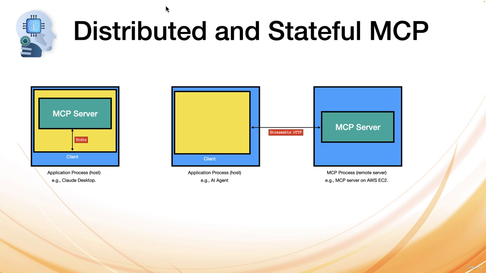Although the SDK for MCP allows you to create both STDIO and streamable HTTP based clients, as I said, the main use case is for when you have an AI agent, for example, and the AI agent needs to access an MCP server. And in that case, normally the MCP server is not built into the AI agent, it's somewhere else. And therefore, I will show you how you can create a client to use streamable HTTP